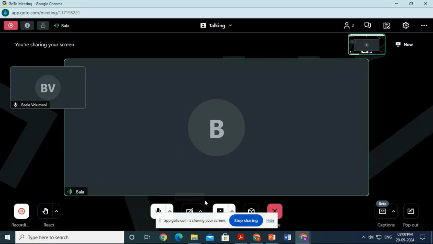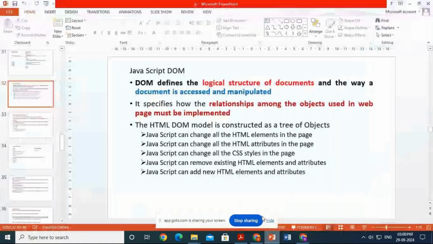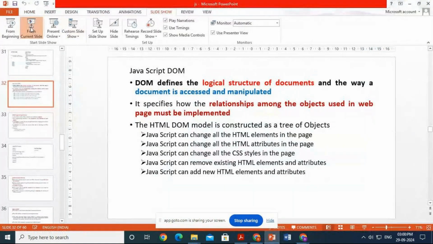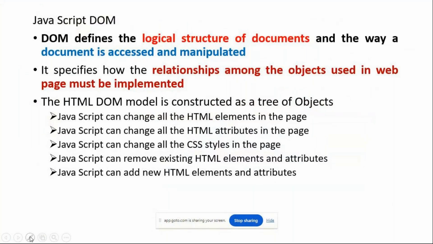Now we are going to discuss a topic on Unit 2, that is JavaScript DOM. Okay, so we know that DOM stands for